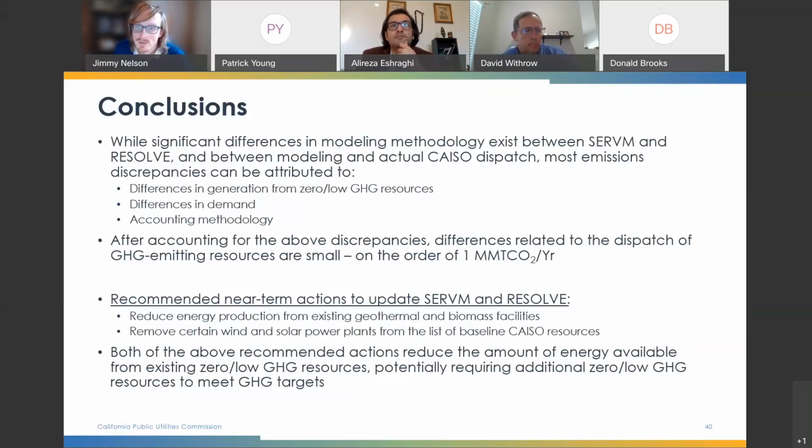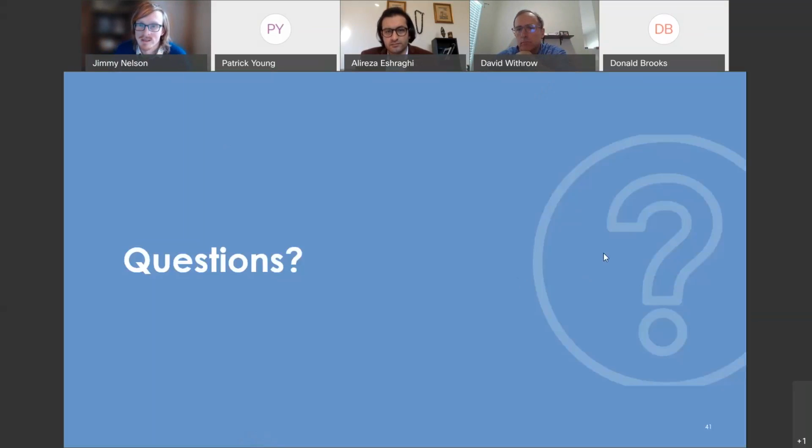Now, I think we have yet to see how this would play out in Resolve, because if you increase emissions but then start to hit an emissions cap, you may require additional greenhouse gas-free resources to replace them. But I think that's speculation at this point, and I don't think we're going to talk more about the future implications of this in this MAG. So thanks for listening to this in-depth comparison, and I think we have about 20 minutes, so please ask some questions.